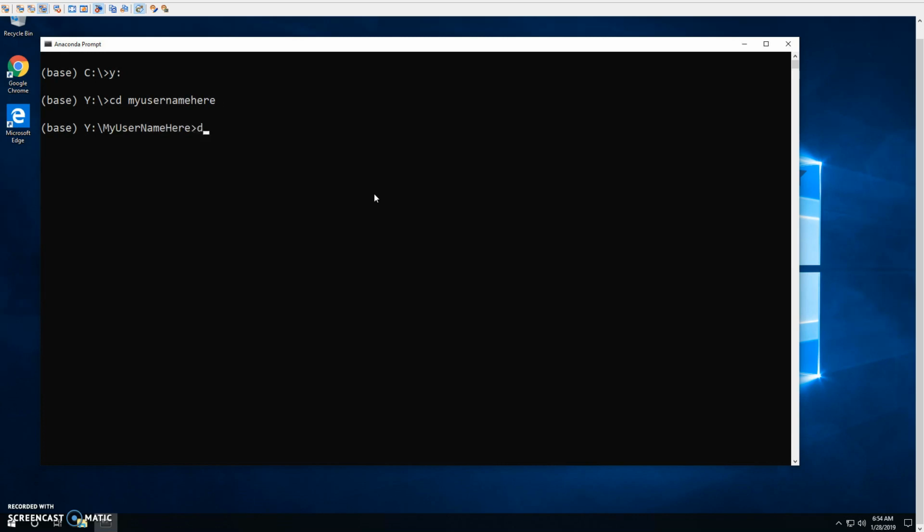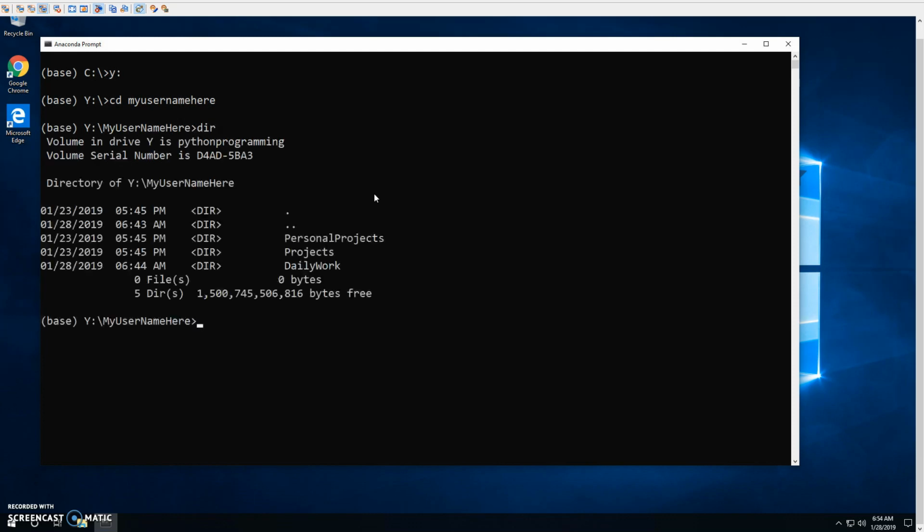And then once I'm in that folder, I can type dir to look at the directory. And I want to go to where it says daily work. So I'm going to do cd space daily work. And I could have in the last folder activated Jupyter Notebooks. I'm going to do it in this folder now. So I'm going to do